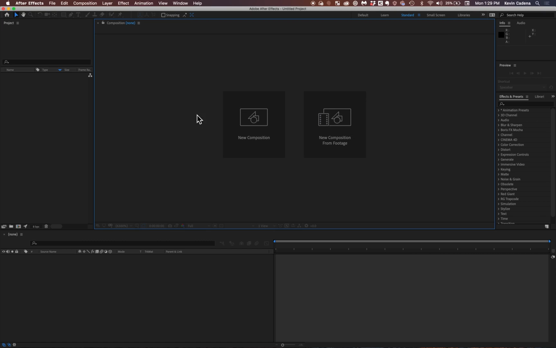Here you will have compositions, and so you can create compositions based off the things that you import, or you can create whole new compositions directly in After Effects. To the very right, you will have a series of different windows, and so you will have at the very top an info window, and so this will just give specifics about whatever it is that you're